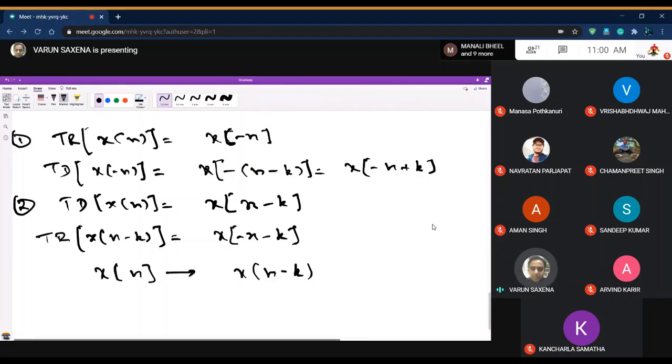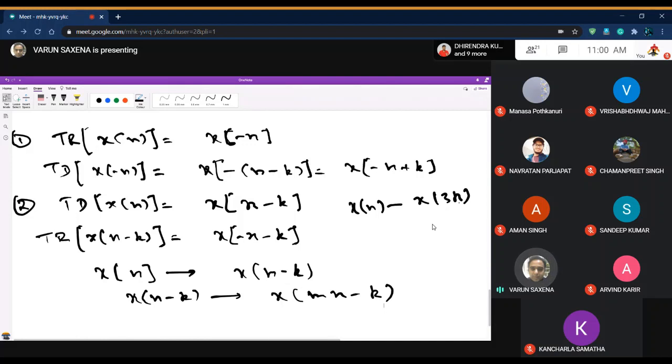Now if I say that I want to interpolate this signal by a factor of m, so that x[n minus k] becomes x[mn minus k]. This is interpolation. It is not the entire thing, but if I say that I have x[n] and I am first interpolating it and then delaying it, in that case you are going to delay this sequence, so it will be n minus k. Let's do some problems and it will become much clearer.